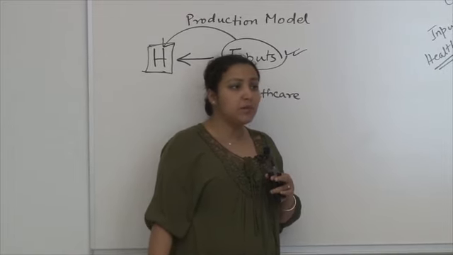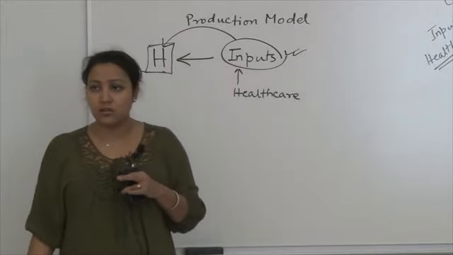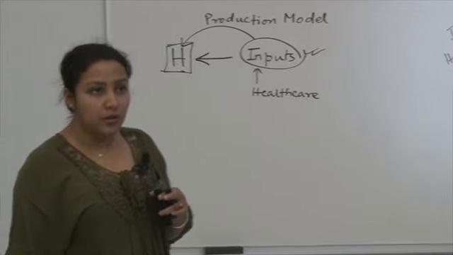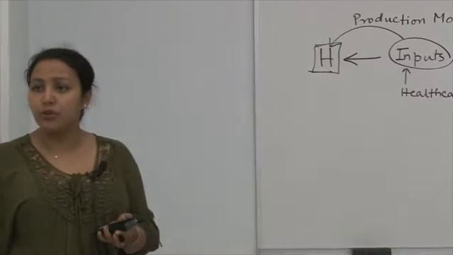That's the same as the bottles of water example that I gave you when we were doing marginal benefit and marginal cost. When you are extremely thirsty, that bottle of water has maximum benefit for you. As your thirst gets quenched, the benefit of a bottle of water reduces every time. Similarly, for health care, if you have a low stock of health, you will demand maximum health care and be willing to put out maximum money for it. As your health improves, your benefit is reduced and hence you are not willing to shell out as much money and as many resources for your healthcare needs.